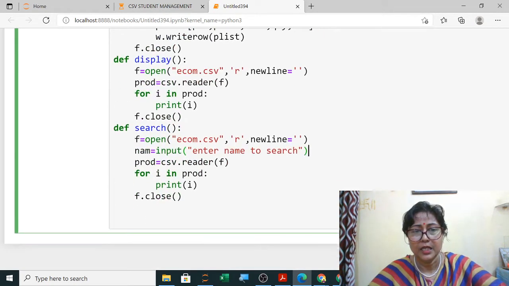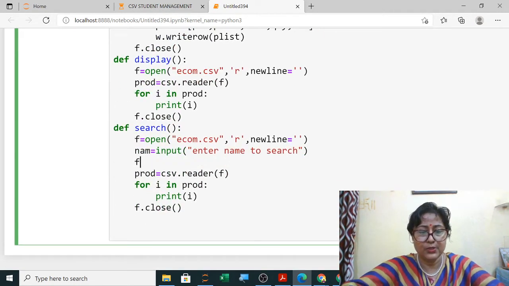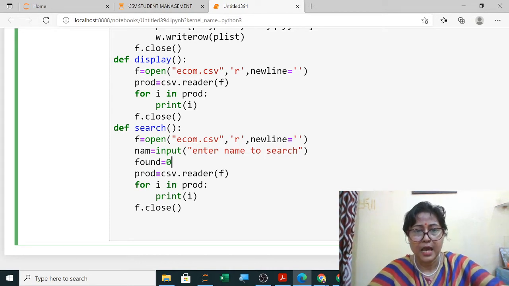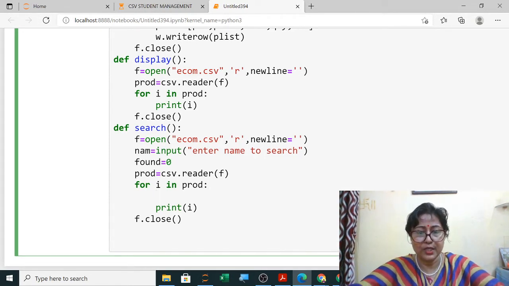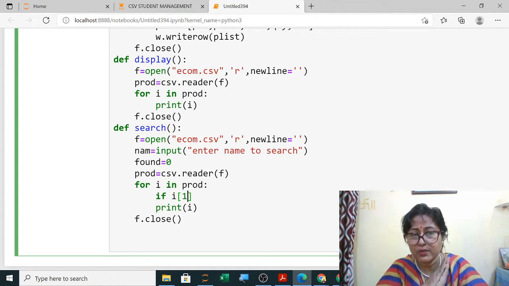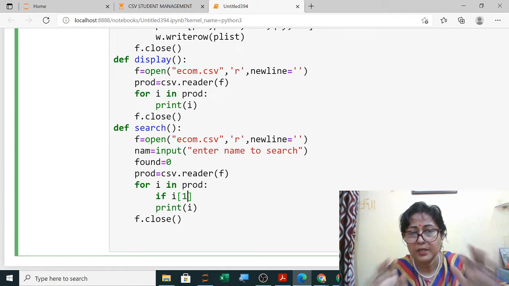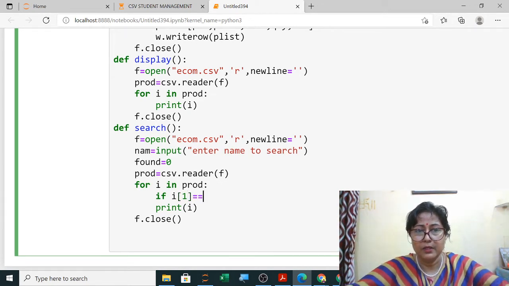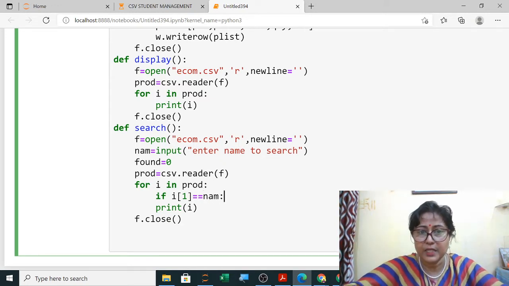Then here I am writing found equals 0. And when your product is matching, if your i of name was in 1, that is the index, first one is 0, second one is 1, first was product number, second was name.